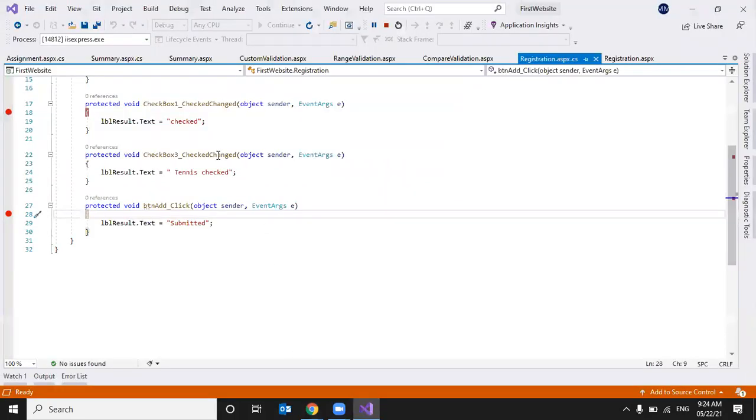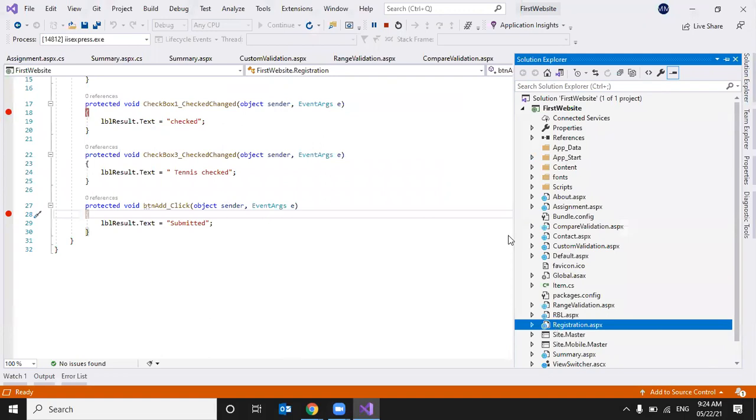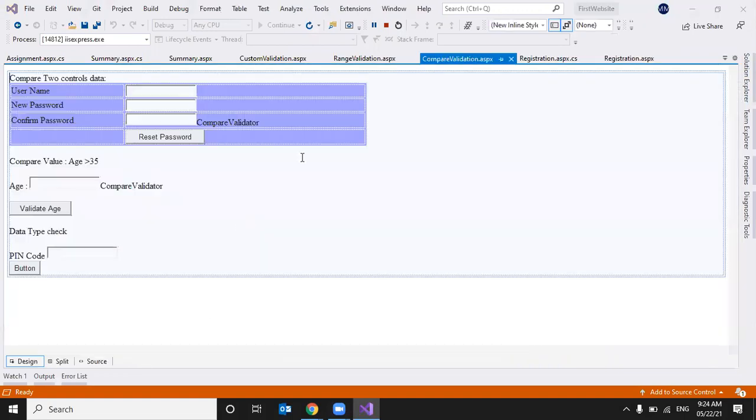The next validation control is the compare validator. The compare validator is used to compare or check the data entered by the user in any one control with another control or with some fixed value.